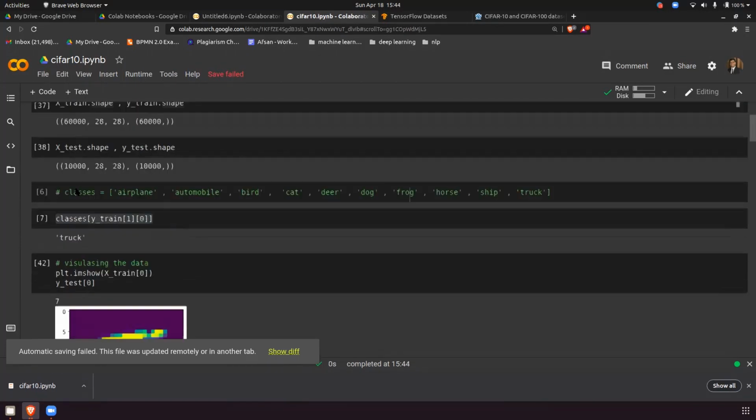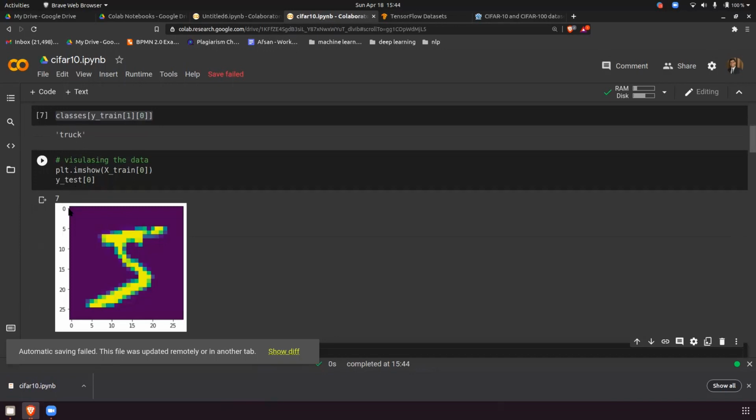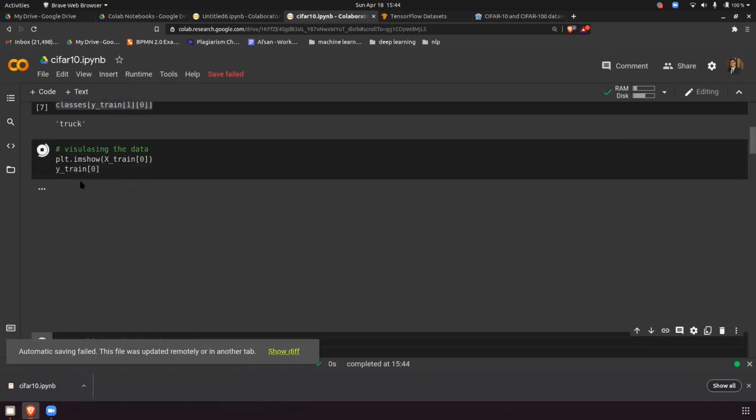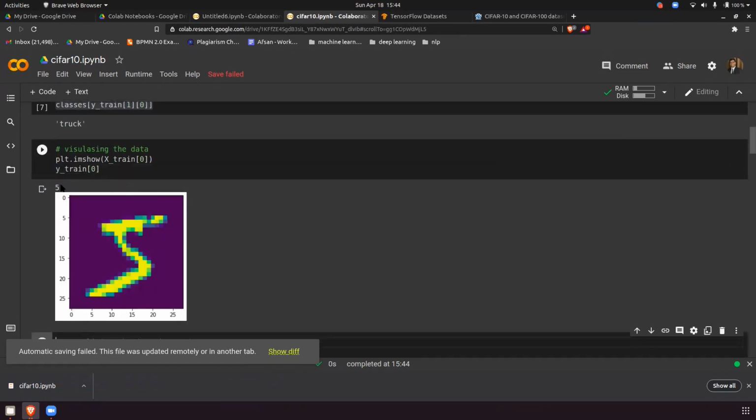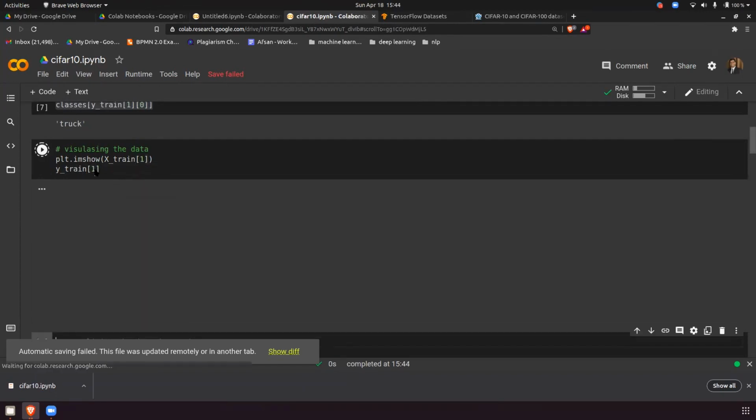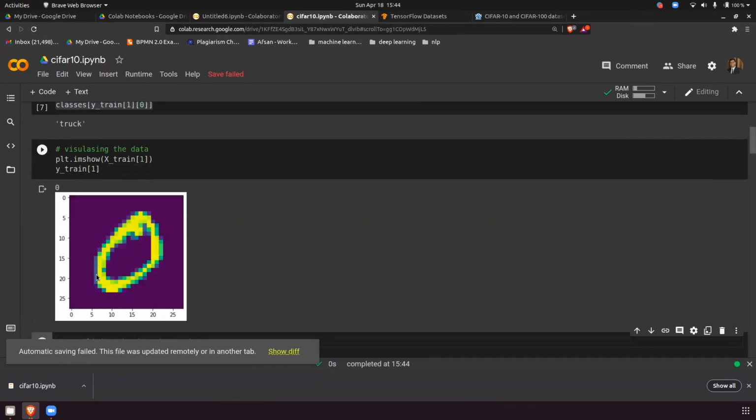Okay, it's 7. How is it 7? Oh, it is train. See guys, this is a mistake everyone makes. So this is 5. Let's look at this one and this one. What is the first data that we have? The first is 0 and the output is also 0.